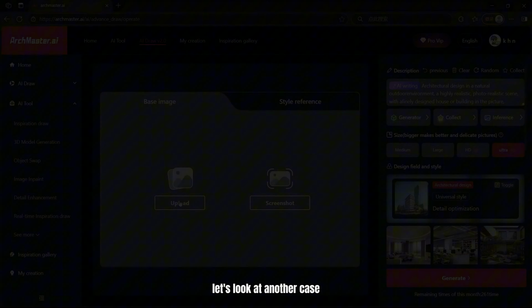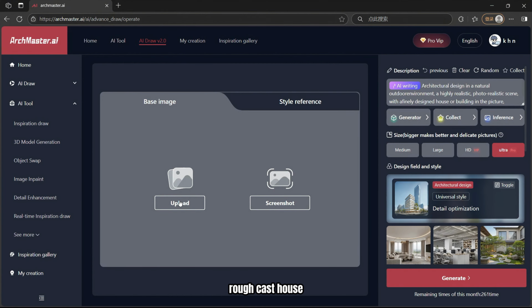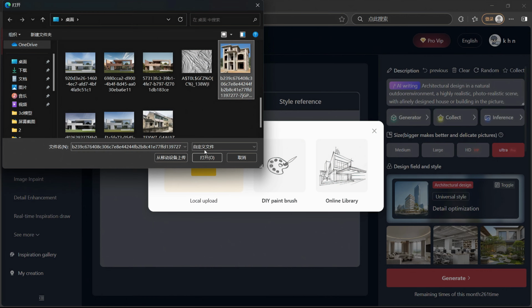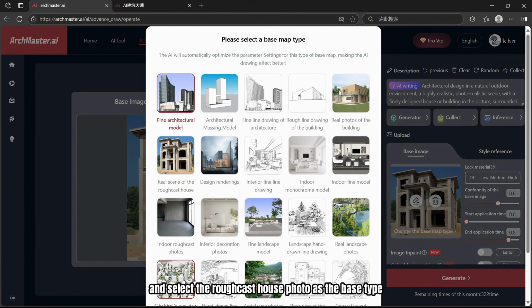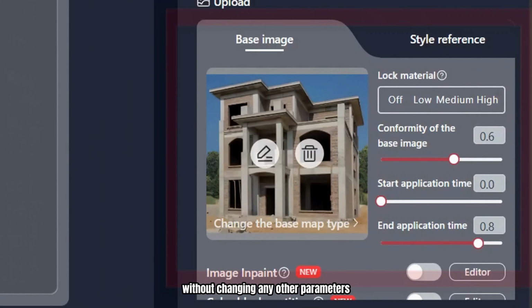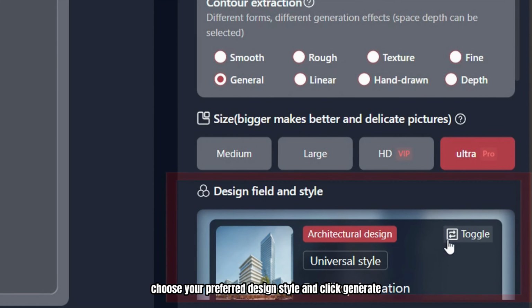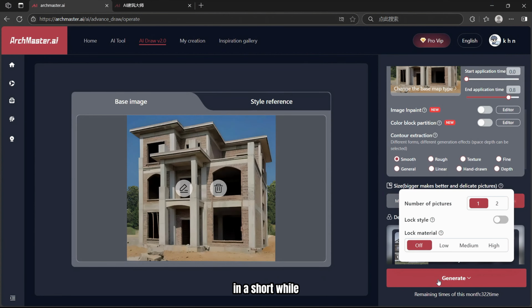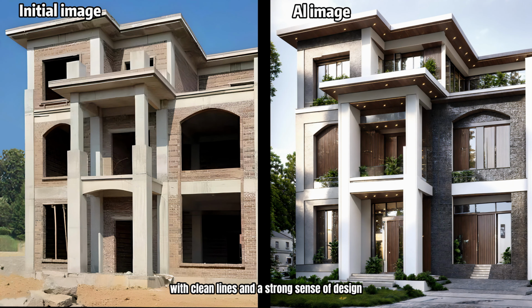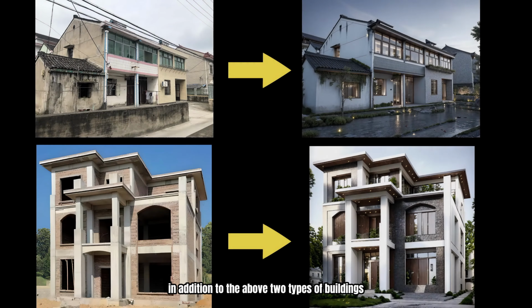Let's look at another case where the subject is a more bare-bones rough cast house. First, upload a photo of the rough cast house and select the rough cast house photo as the base type. Without changing any other parameters, choose your preferred design style and click Generate. In a short while, the rough cast house is instantly transformed into a modern villa with clean lines and a strong sense of design. Of course, in addition to the above two types of buildings, other types can also be